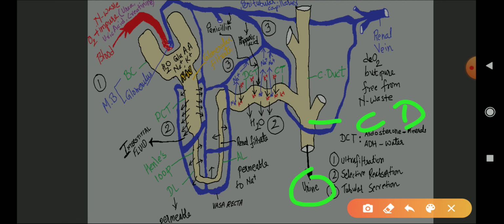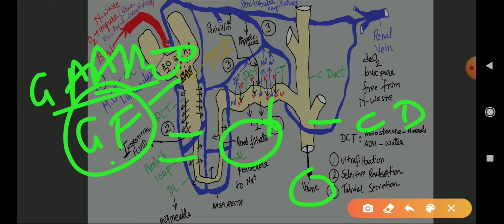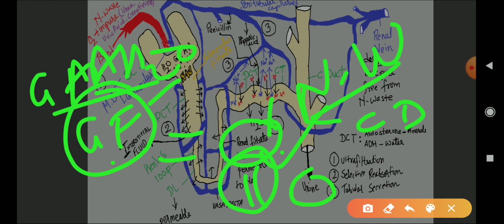So here it becomes renal filtrate. See, here it becomes renal filtrate, while here it was glomerular filtrate. Glomerular filtrate is not considered equivalent to renal filtrate. Why? Because glomerular filtrate contains glucose, amino acid, high amount of water and certain useful substances along with the nitrogenous waste, while the renal filtrate contains very less amount of good substances, little bit amount of water, while having high amount of nitrogenous waste materials like urea, uric acid, creatinine, potassium ions, which is equivalent to whatever things that you are seeing in the plasma. So renal filtrate and glomerular filtrate both are different.